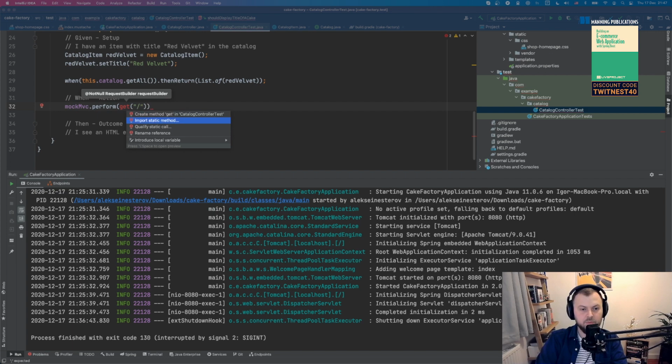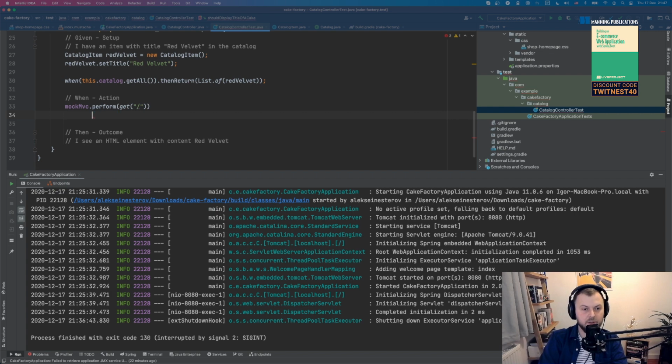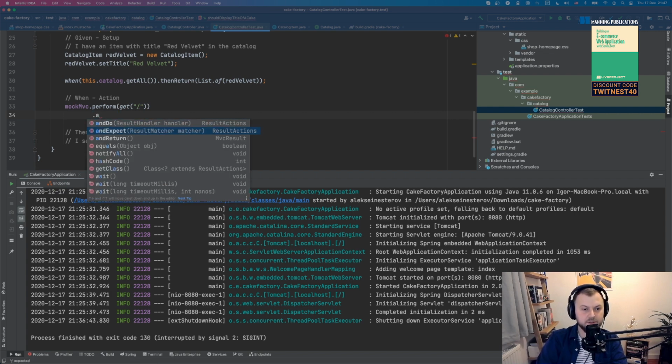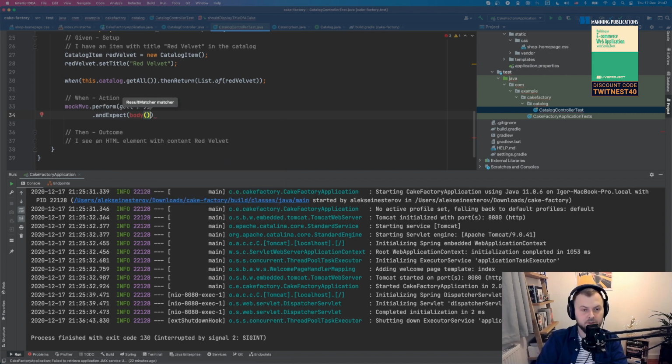Right, so let's say we want to go to our main application page. You know what, let's start with just using pure mock MVC, nothing else, no HTML unit yet. If we have enough time, then I'm going to show you how to use HTML unit for that as well, which is quite cool. And here we can say, when we went to this page, we expect that body or content maybe. So there are all these things, I remember some of them, but you don't have to remember. It's all documented in Spring